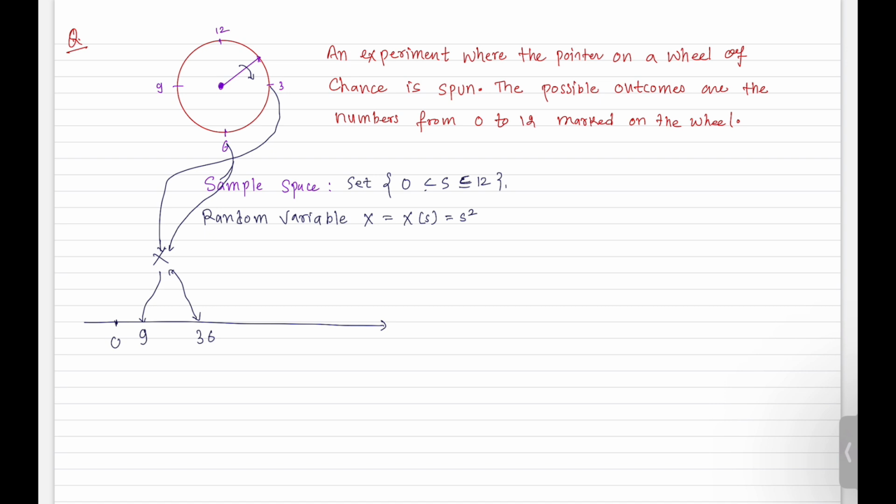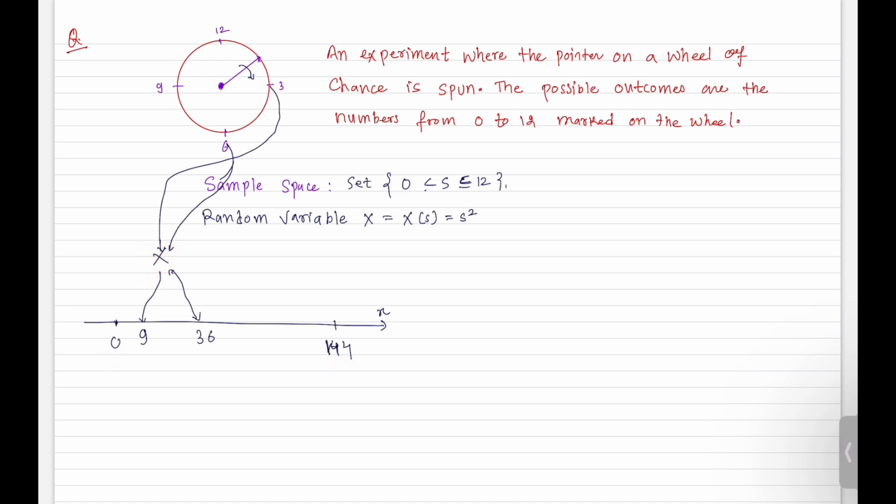Minimum it can take 0, slightly greater, and up to 12, so up to 144, right? So let's call this x, whatever the random variable is taking. So the random variable can take any number from 0 to 144,